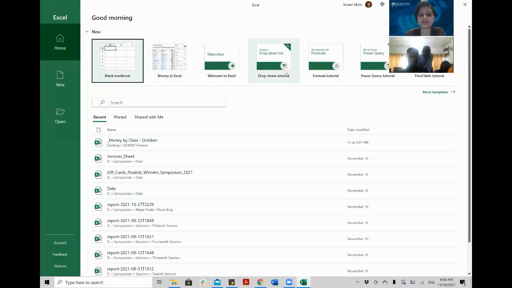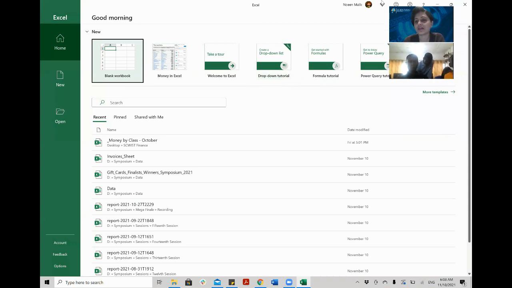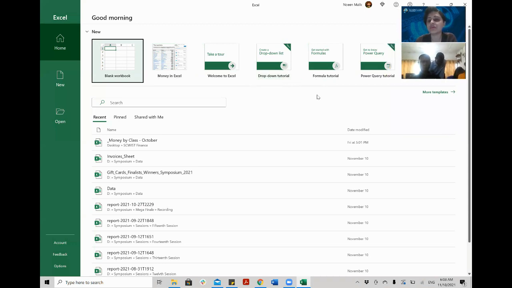So when you go to Excel, what is Excel used for? Excel is basically used for creating sheets, finance sheets related to business, even related to your data analysis, related to your research project. So basically Excel is the medium where you create the sheets or you do the data analysis, you create the formulas, you do the calculations, you prepare the graphs, you prepare the charts. This is what you do in Excel.